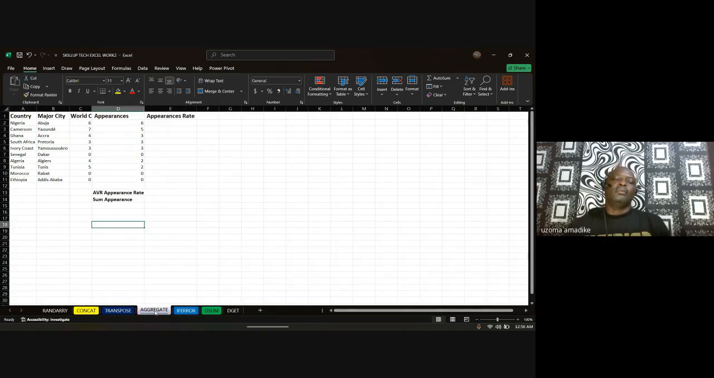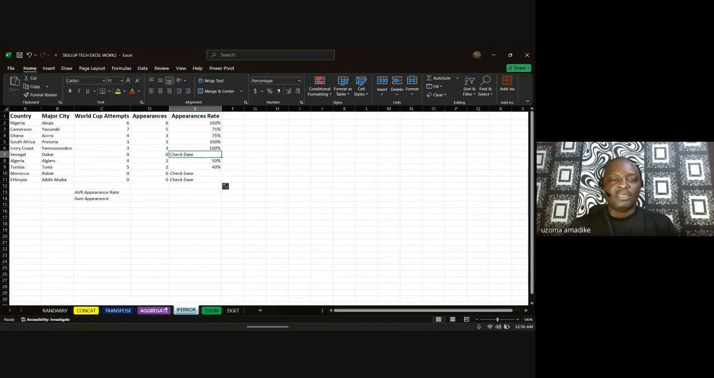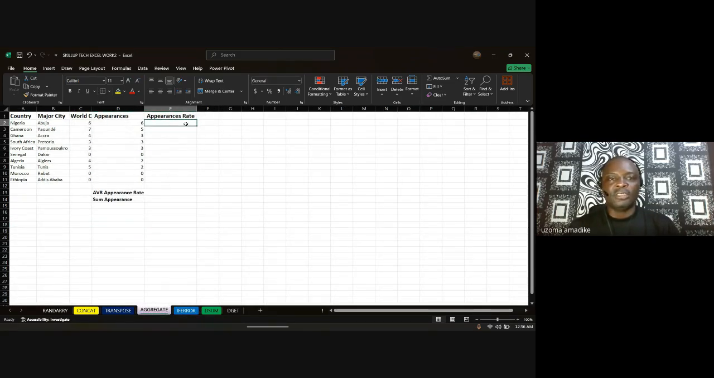Now, we have done the if error. Also, we want to now aggregate our results. You know, we talked about aggregation. We talked about the sum and the average. Now, we want to know the average of the appearance. I also want to know the sum of the appearance. Now, we already know this. We'll just rush it. If error